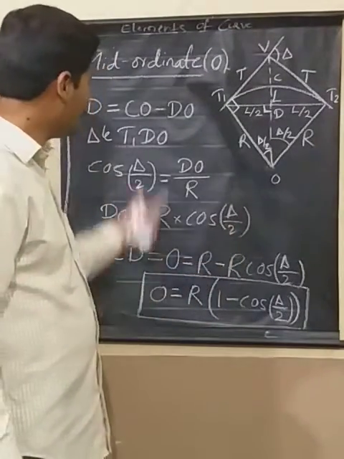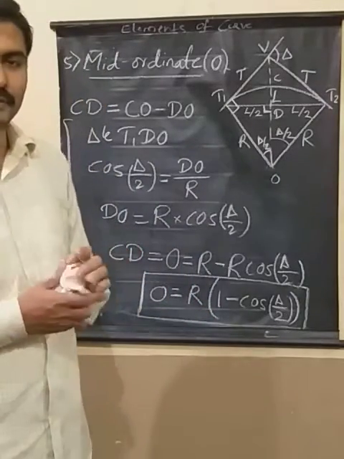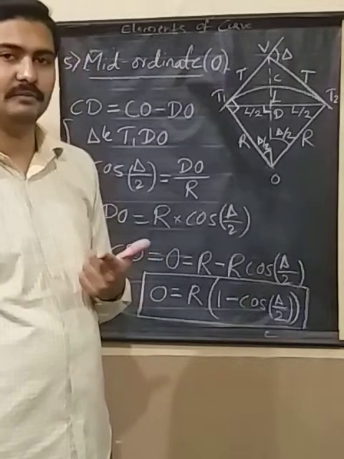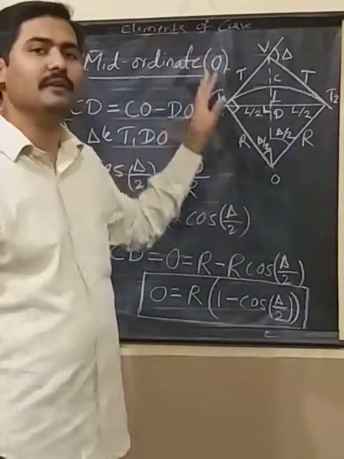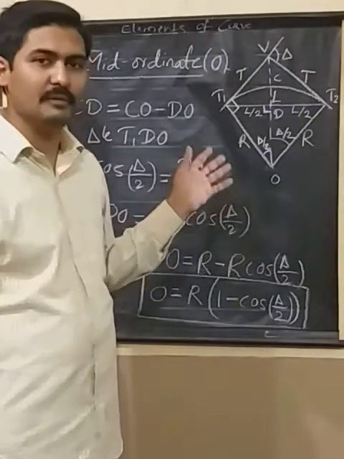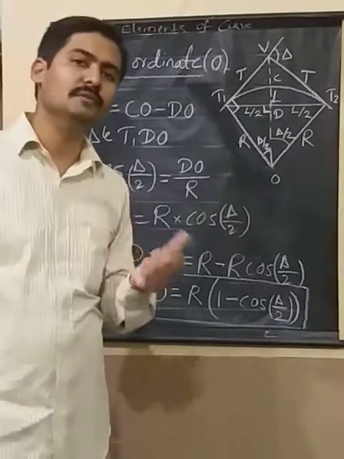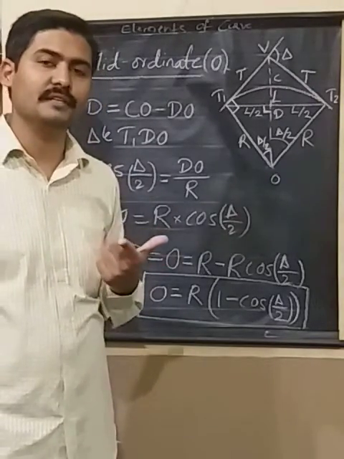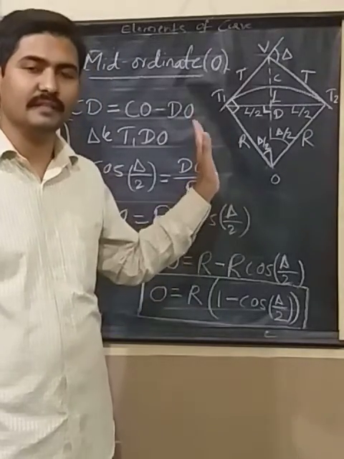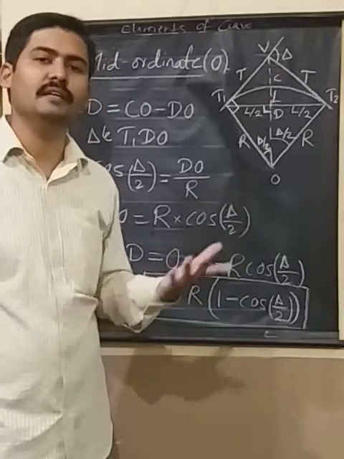Right? So these are all the 5 elements of the curve which you people have seen, and in the examination they will give you radius and delta. R and delta will be given to you, and you are supposed to find out all the elements of the curve. So in the next session we will be taking a problem where I will give you radius and the angle of internal intersection, that is delta, and you are supposed to find out the elements like length of the curve, tangent length, and remaining things.